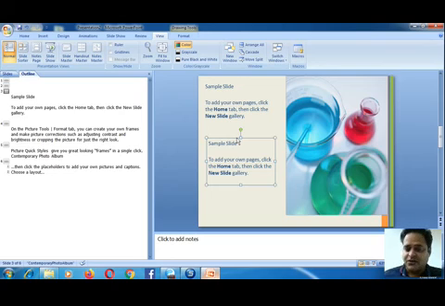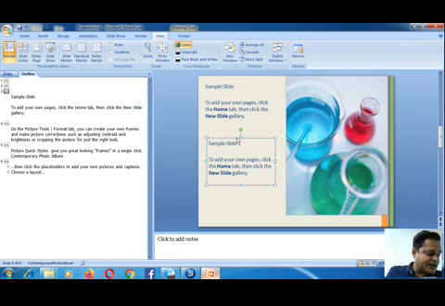So in order to copy, we just select the object by clicking on its outer border, then either use the keyboard shortcut Ctrl+C for copy and then Ctrl+V for paste, or we can use the mouse right click and the copy option and then the paste option.